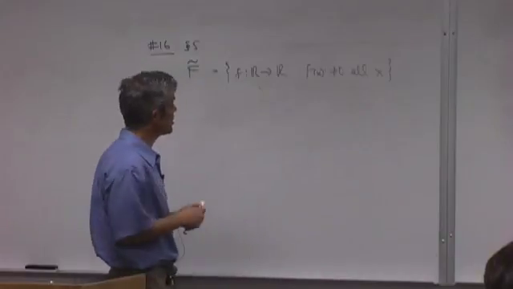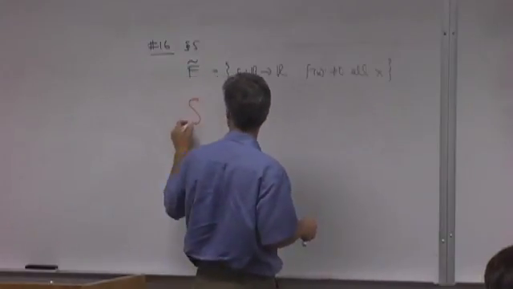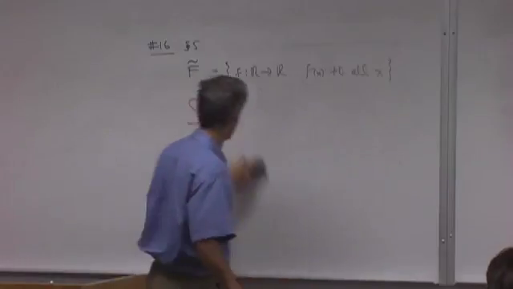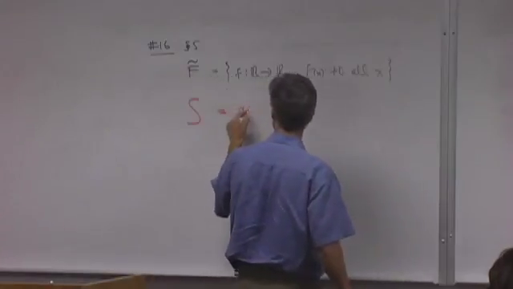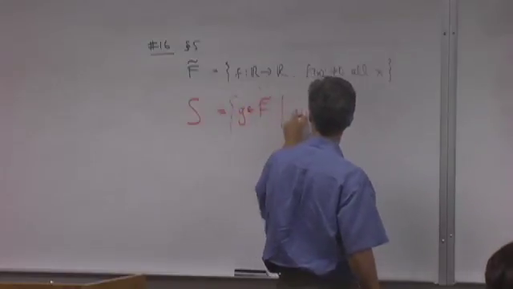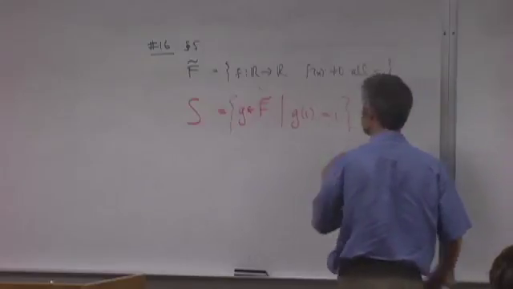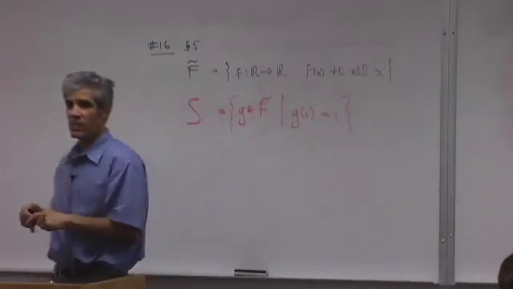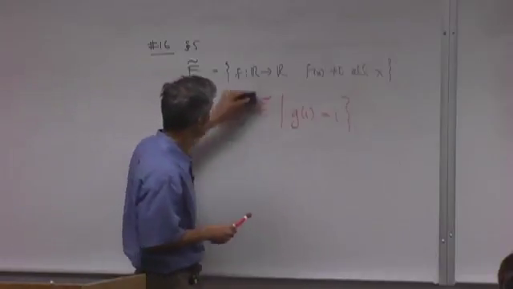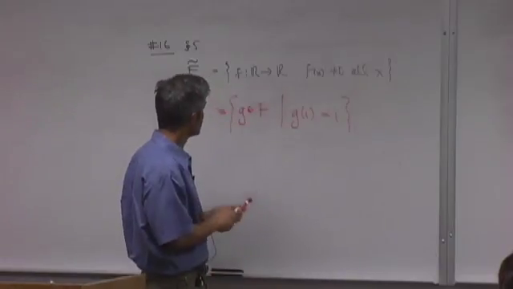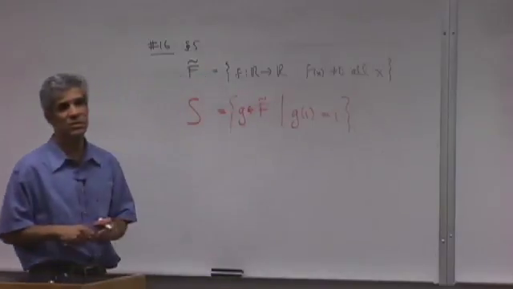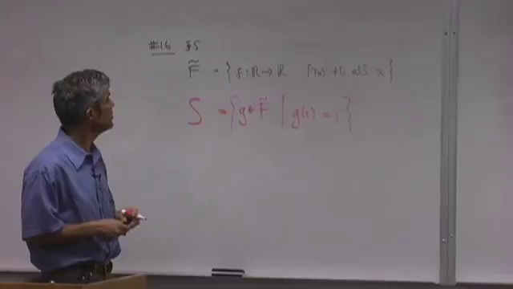And then you're looking at a subset of it. I forget what the name of the subset was. Let's just call it S. S is the elements g in f tilde with the property that g of 1 is 1. How did I do here? Did I get the number right? I think so. Okay. And the request is to show or disprove that when you look at